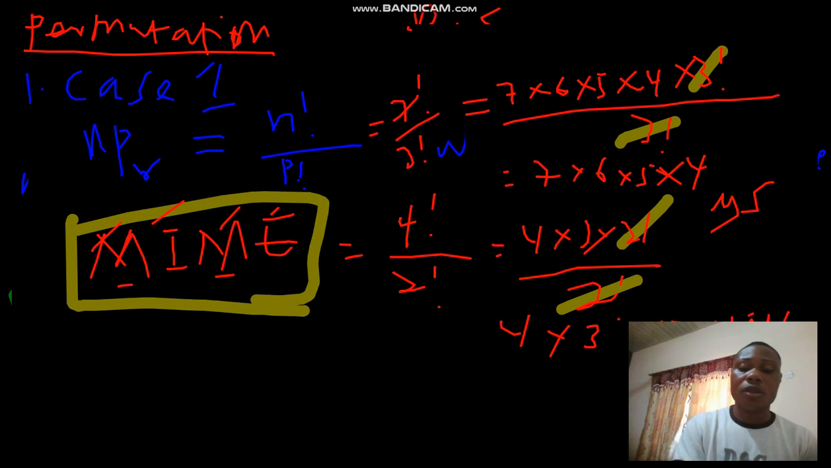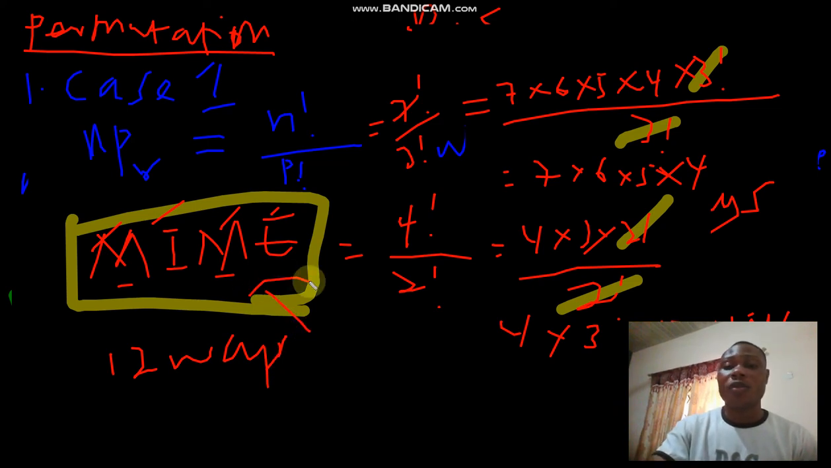Sorry, that should be 4 times 3. That will give 12 ways of arranging the letters of the word this. Are you okay? Okay. So guys, let's jump straight into the next case, which is case 2, where we have